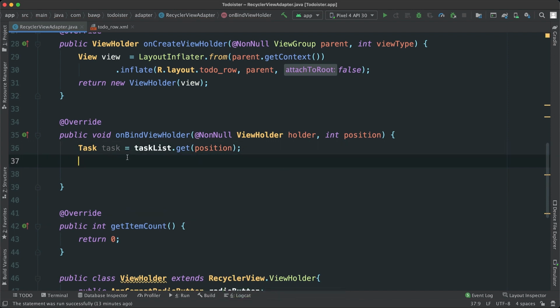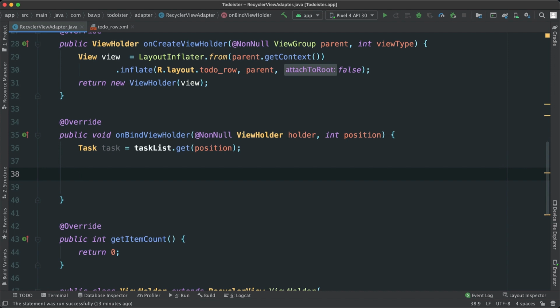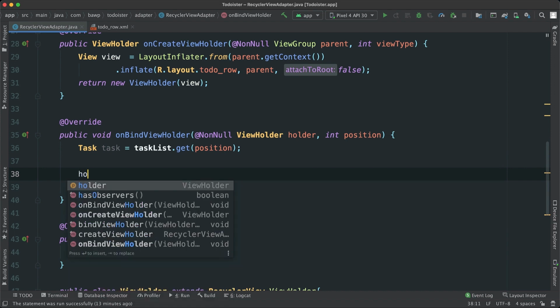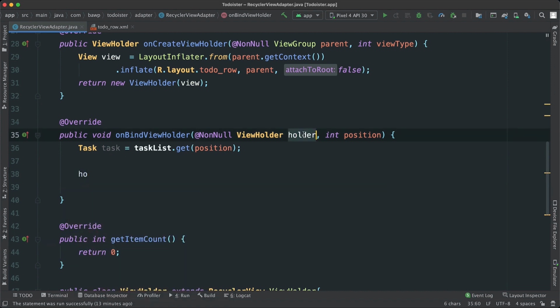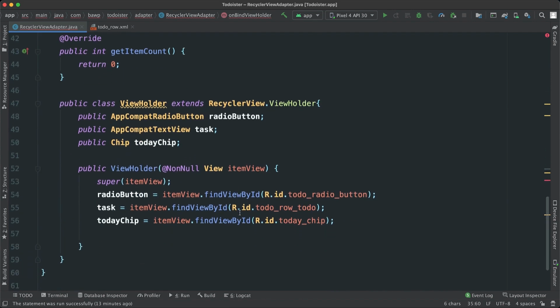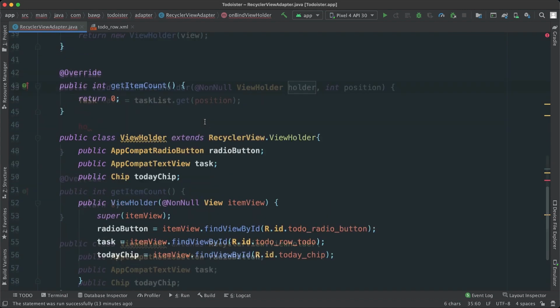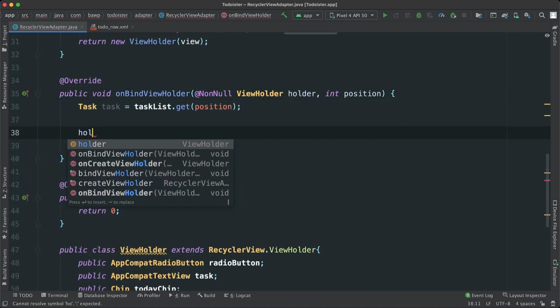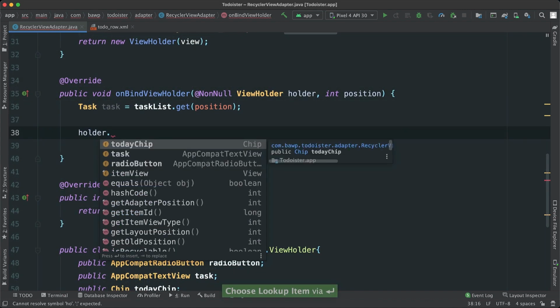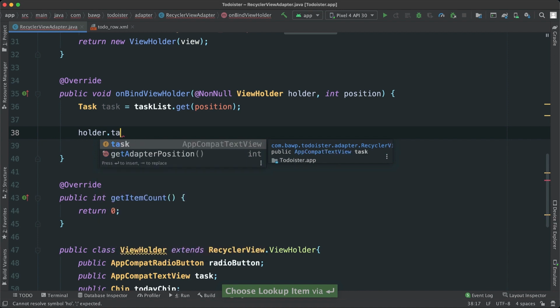So the first thing I'm going to do is start with adding the text. So I'm going to say holder. Remember, this holder is coming from on bind view holder. It passes the view holder class object, which is this view holder here, which internally has these public fields that we can go and fetch, those widgets, so we can set them up. Okay, that's beautiful. So I'm going to say holder dot, and get to do or task. I call it task